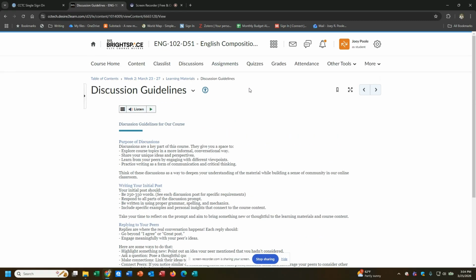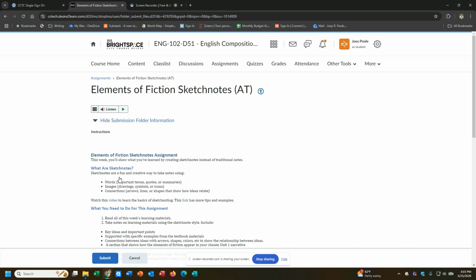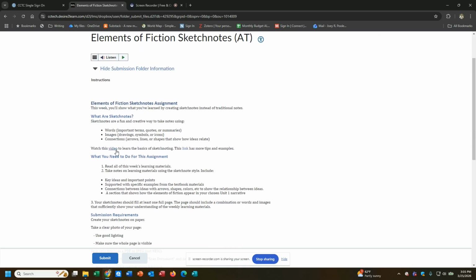We have 2 assignments this week. The first one you can find by clicking on the Assignments tab, and it's this Elements of Fiction sketch notes assignment. Before you begin, watch the video that's linked here. This will take you to a YouTube video about sketchnoting, and it goes into much more detail than I can here, but essentially that's a term that means taking notes in kind of an unconventional way, not limiting yourself